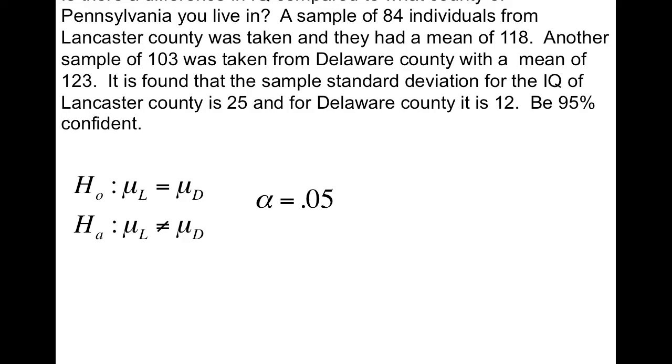Now, it's very important for this one. The numbers are kind of mixed all over the place, so make sure you have the correct values plugged in where. So you might even want to highlight, circle, somehow pick out the numbers. We know for Lancaster County, we have 84 is our N, 118 is our average, and 25 is the standard deviation. For Delaware County, we have 103 for the N, 123 is our average, and 12 is the standard deviation. So now if I go to my calculator,